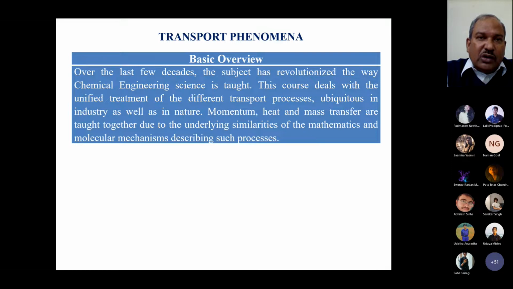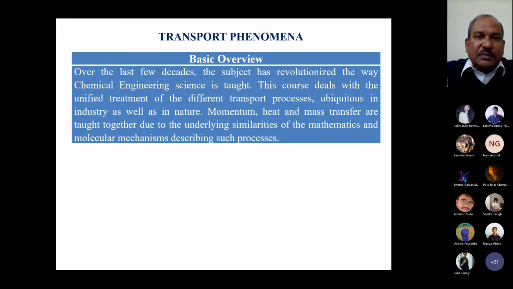And the proportionality constants of all these relations are thermophysical properties, unique properties of the system, namely viscosity for momentum transfer, thermal conductivity, and the diffusion coefficient. So if you think about Newton's law of viscosity, Fourier's law of conduction, and Fick's law of diffusion, all these 3 laws connect the flux with the gradient of something that you can measure, for example, velocity, concentration, or temperature. So this is the basis for the unified treatment of transport phenomena, which was initiated by Professor Bird at